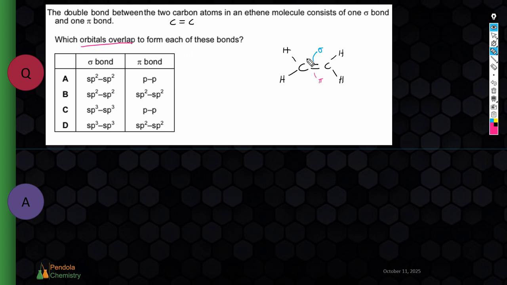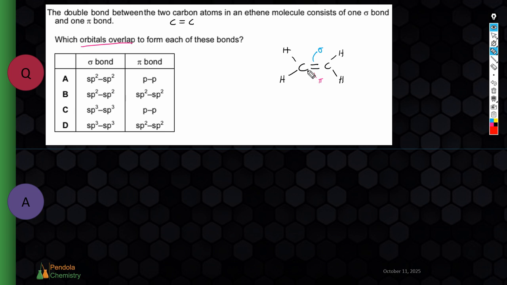Well, when we're looking at this, we're essentially being asked to figure out what the hybridization is on each of these carbons. And because the carbons are identical, if you look at them, carbon, single, single, double bond, carbon, single, single, double bond, these carbons are identical. So realistically speaking, we can understand that these are going to be